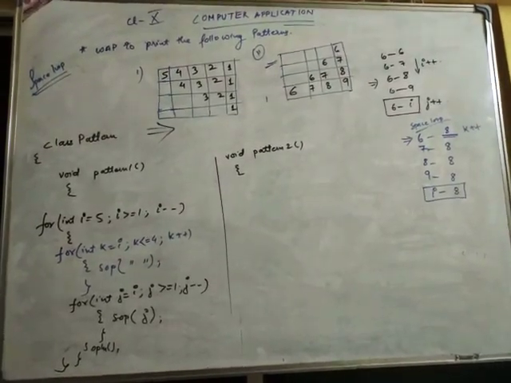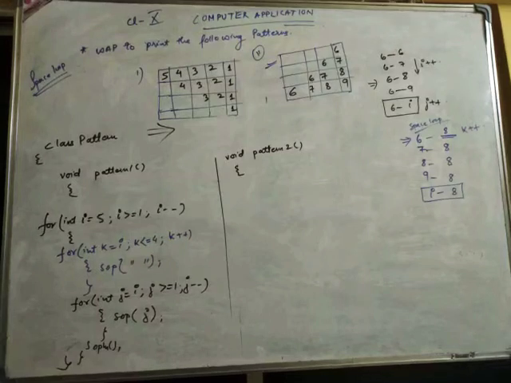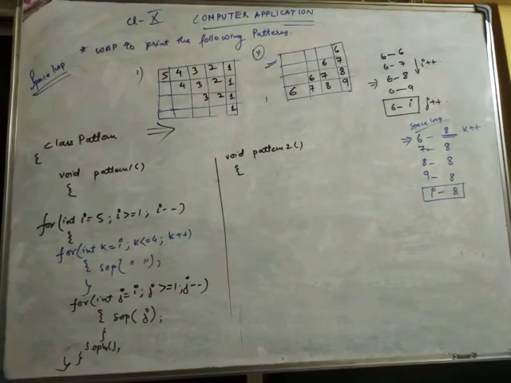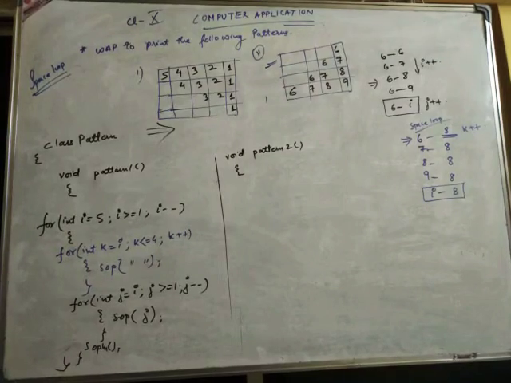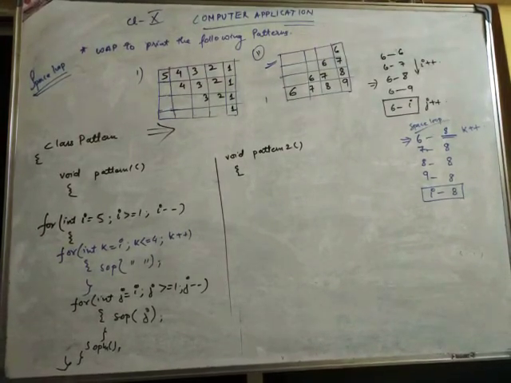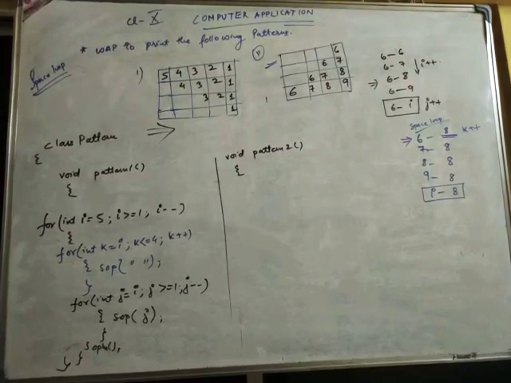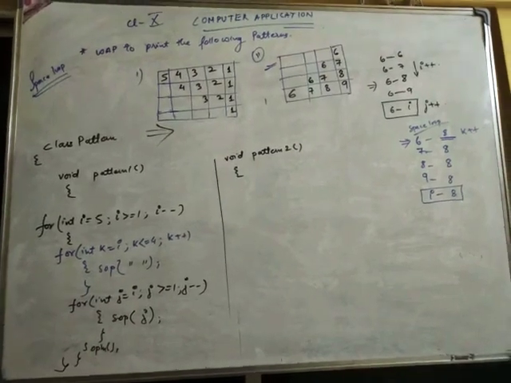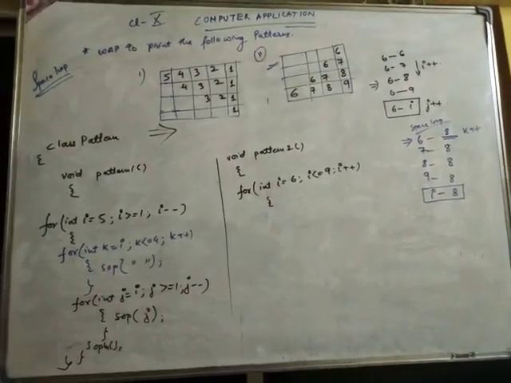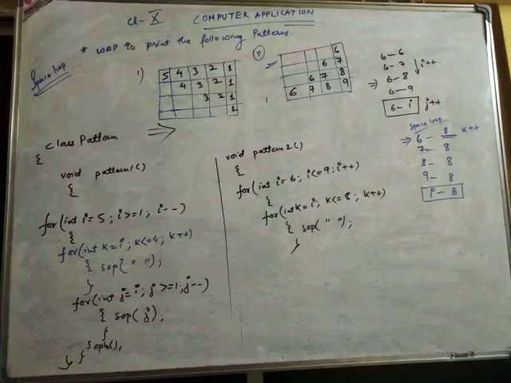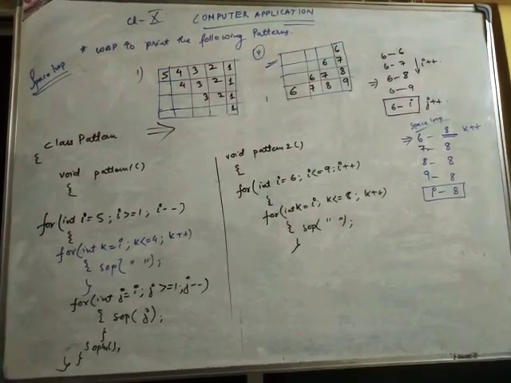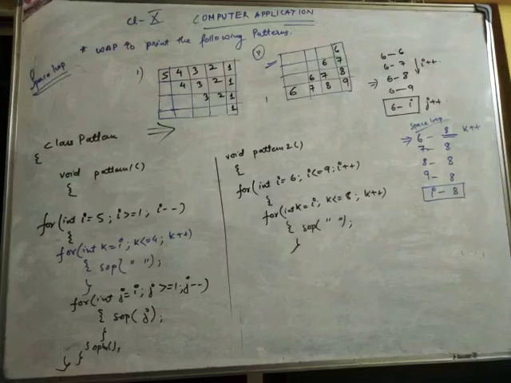So after writing 8 in all the places, we know where to make the box. The first column is of I, the second column is of 8, so we wrote I hyphen 8, and K plus plus I have written. From left towards right, in the first column, first line, because the first element I entered was in the first line on the right side, it will be K plus plus. So now make the loop. First the I loop will start from 6 till 9, I plus plus. Then we'll make the K loop, which will start from I till 8, K plus plus. And we will be doing SOP blank space from this K loop. Then make the J loop, which will start from 6 to I, and J plus plus.